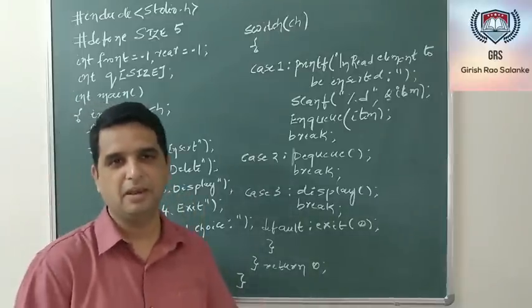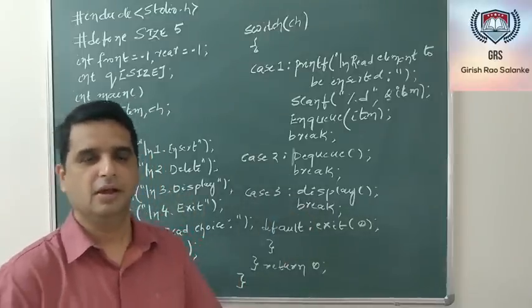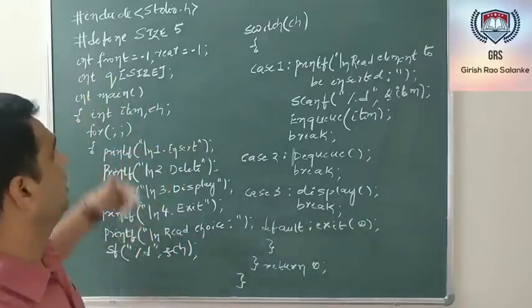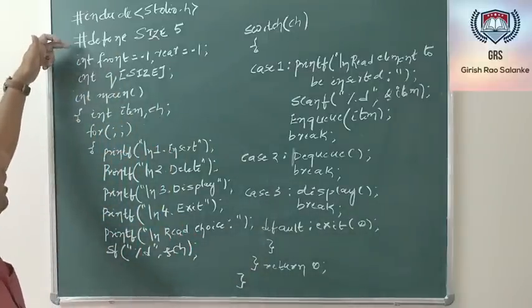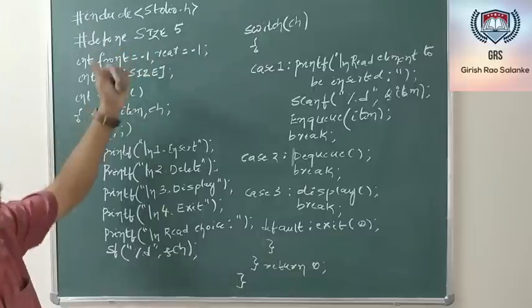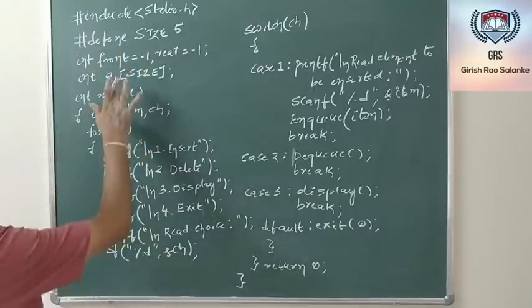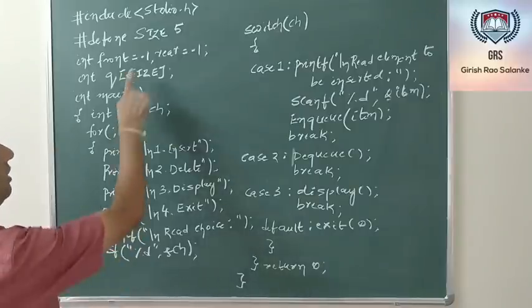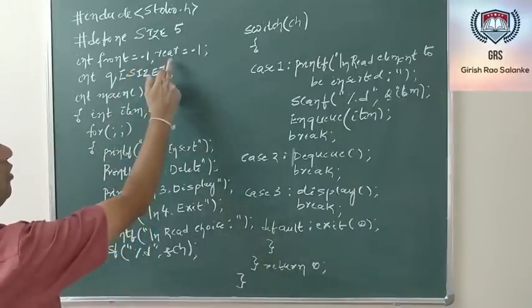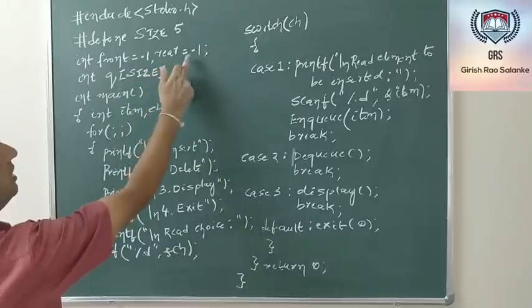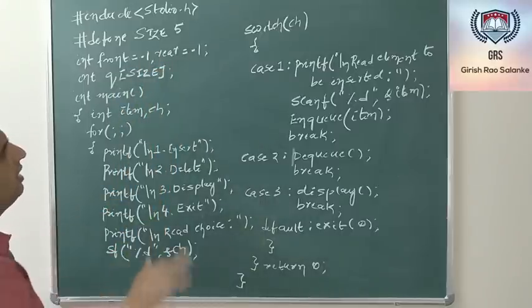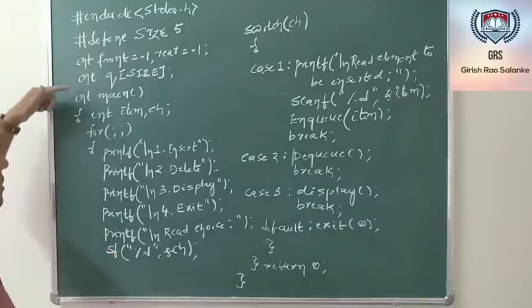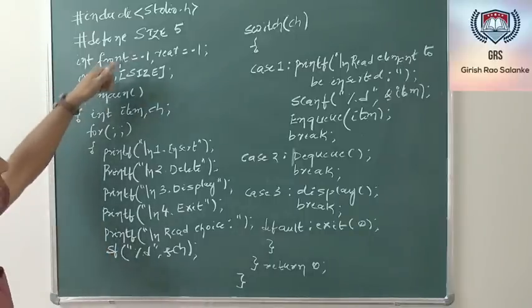Quickly we'll see the main function for the functions that we have discussed earlier. If you see, initially I have declared a macro to denote the size of my queue as 5. I have declared two ends, one as the front end used for deletion operation, and it has been initialized to -1. There is one more end as an integer which has been initialized to -1. They are called as rear end. Rear end is used for the insertion operation. There is a global array by name q of size 5.